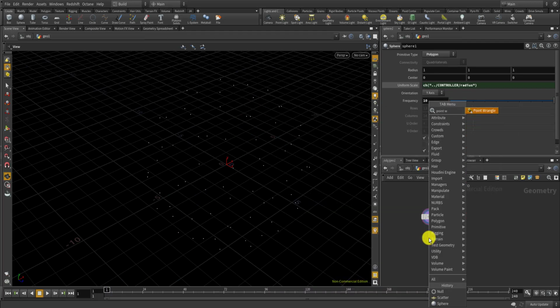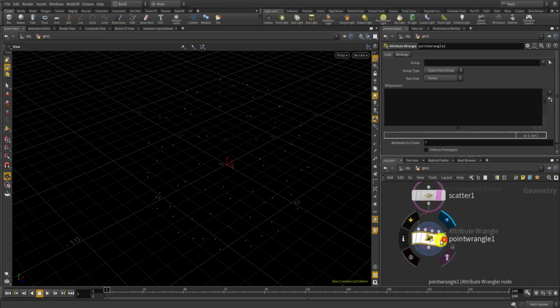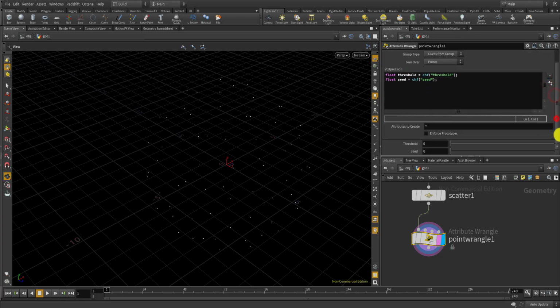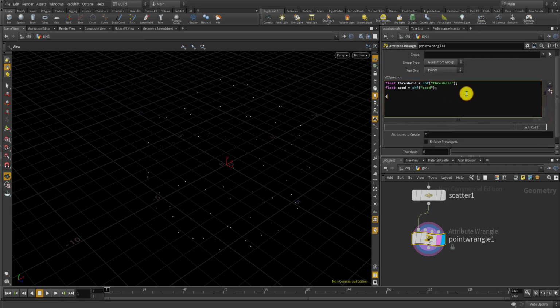So let's make a point wrangle to make a condition. Okay, let's make a parameter here, float, threshold, chf threshold. Also a random seed. Let's get this here. And if the rand at ptnum plus seed is less than threshold,